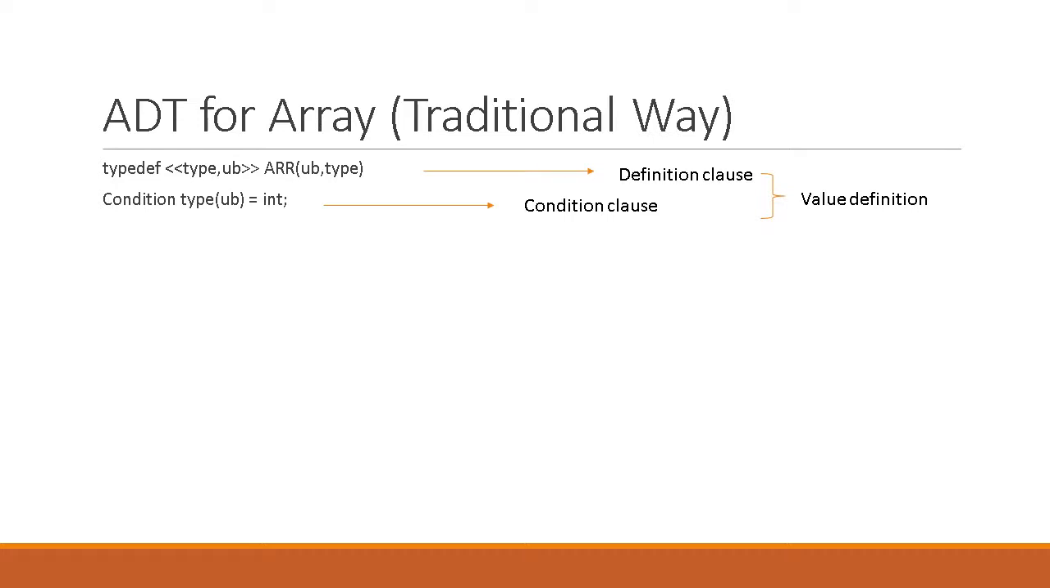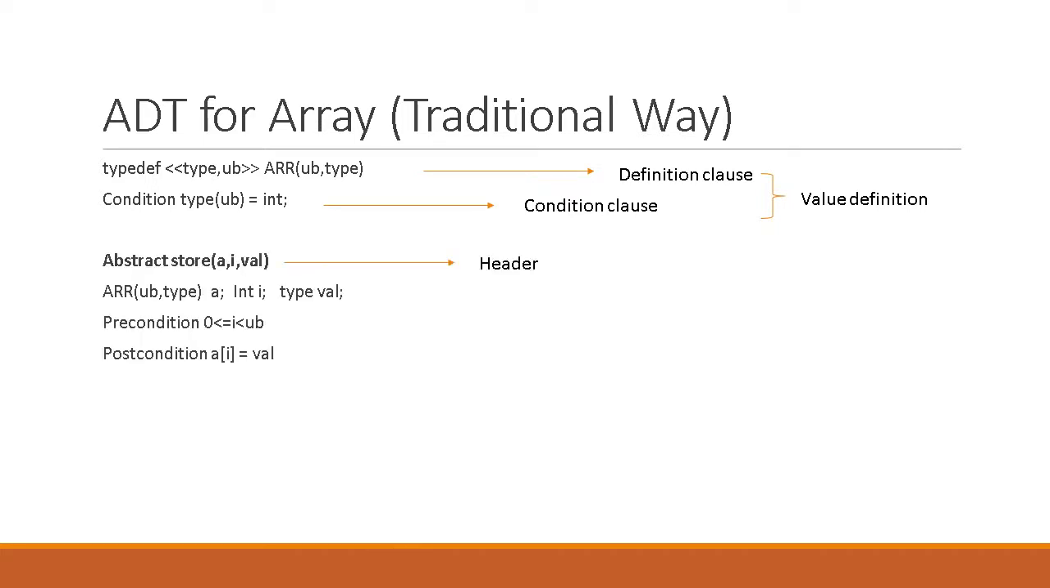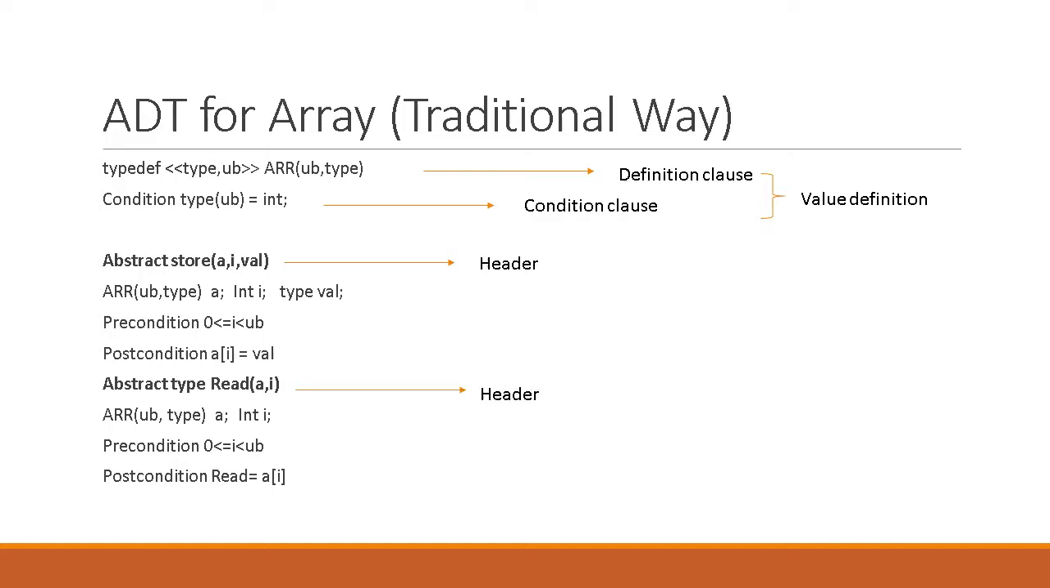And what is the clause for this? This upper bound UB is of integer type. I cannot give an array of -10, or specify that the array is of size 10.5. That's why its type is integer type, and that is specified in the value definition. The second part is the operator definition. On my array I can implement